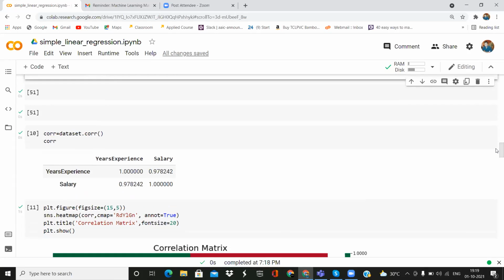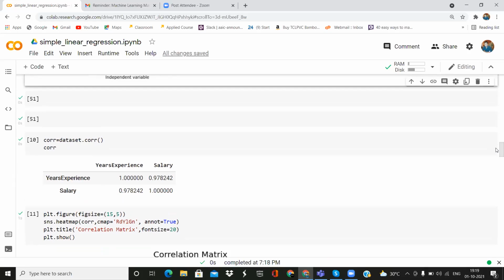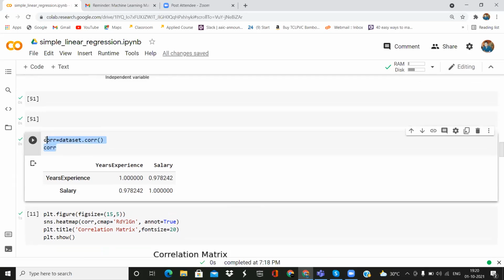After that, this is not important in our dataset, we don't have to check the correlations. But there are other datasets where you have multiple independent variables. In that case, you should find the correlations to check multicollinearity. This is very important because there can be situations where two independent variables are highly correlated.